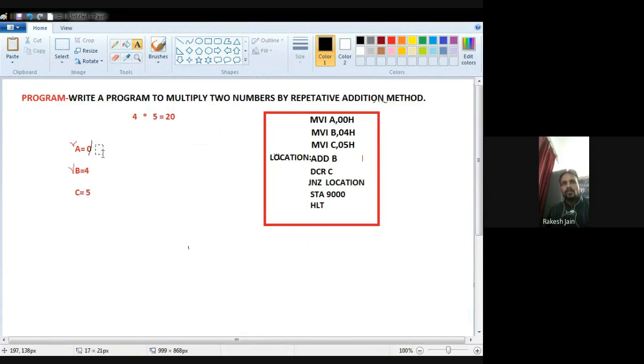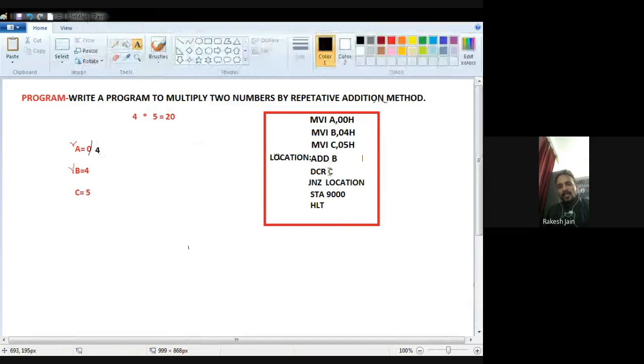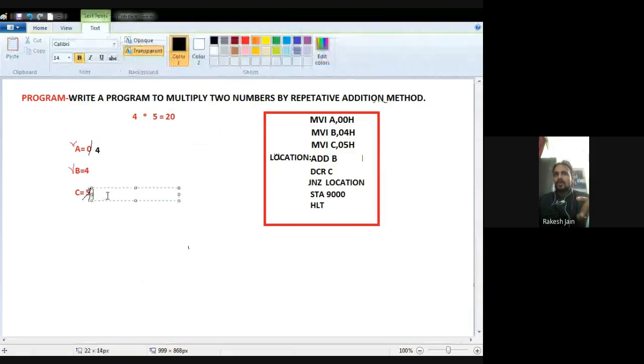The result automatically moves into A, the accumulator. So now the accumulator content is equal to 4.